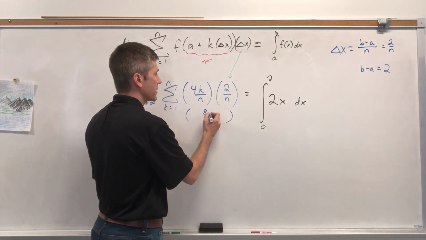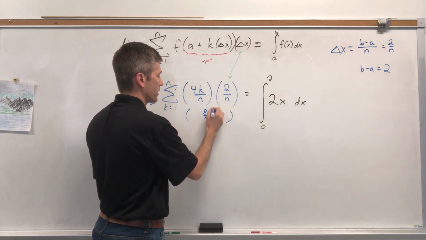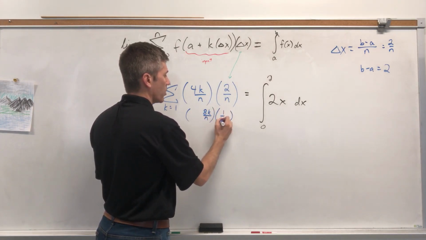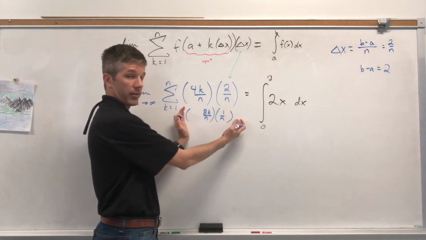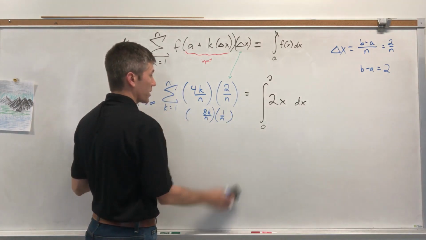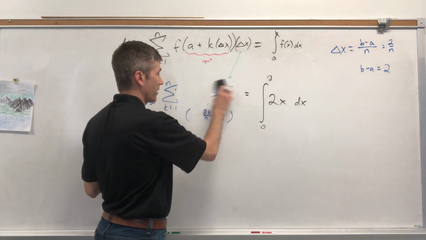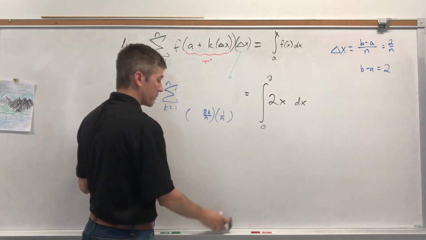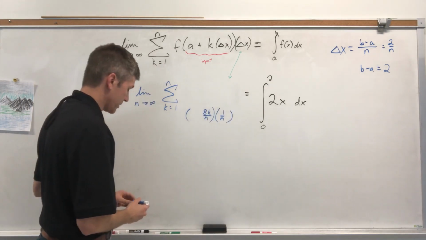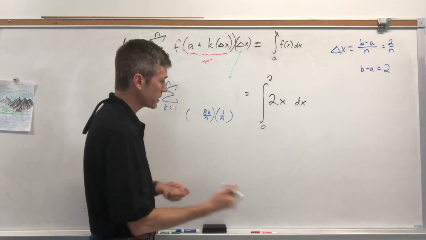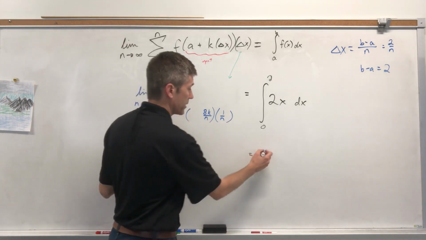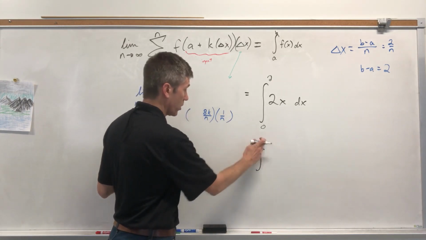I'll make that 8k over n, and then 1 over n. This is equivalent to that, right? They're the same. So I could just start here, and then I would say, well, all right, that's fantastic. What I truly have then is, just using this idea, a width of 1,